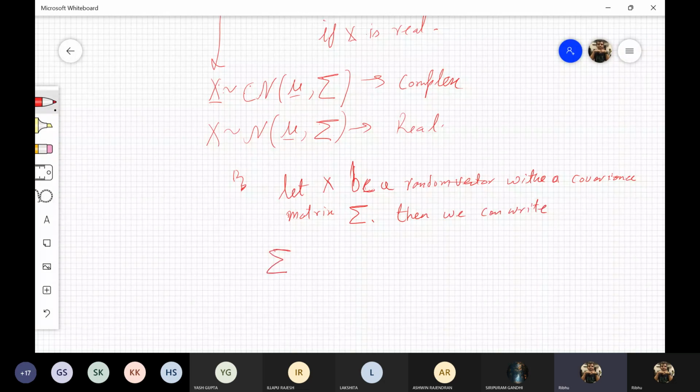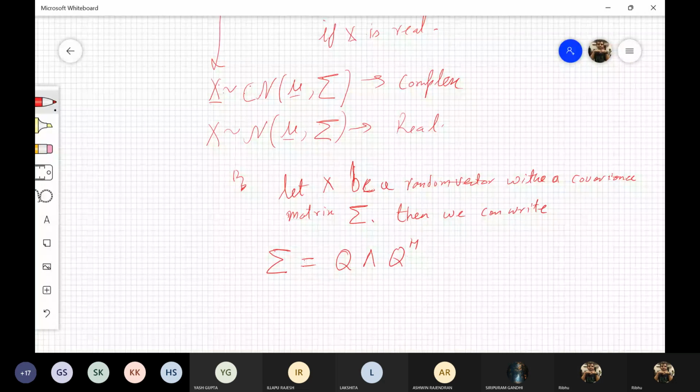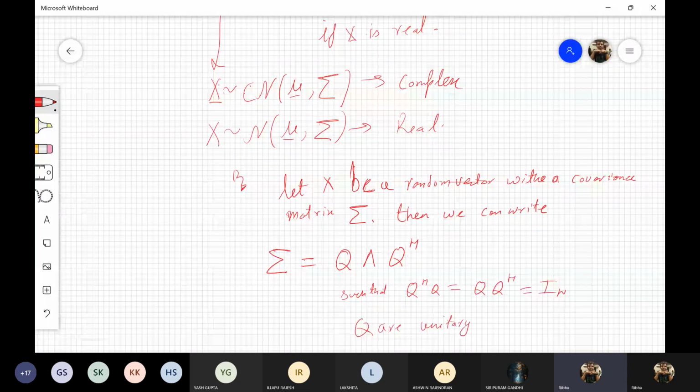This is the same as the diagonalization we discussed earlier, or this is the complex equivalent of diagonalization, such that Q Hermitian Q equals Q Q Hermitian equals identity, and such Q's are unitary matrices. These are called unitary matrices. Fine. So now,